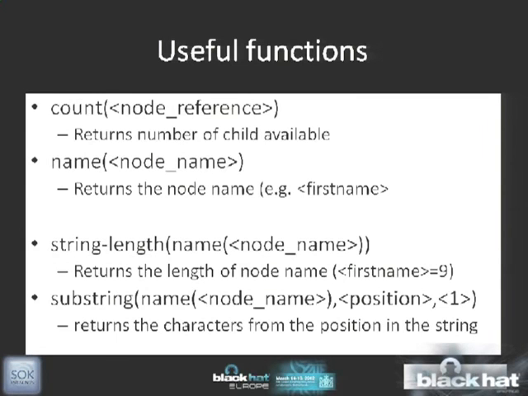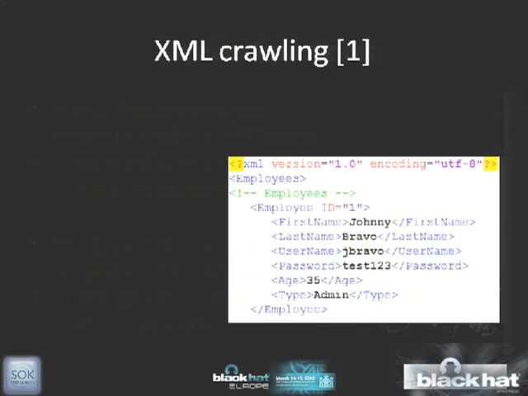And the same if you were to give the root node to the name function, it would return the name. The string-length function returns the length of a string. So you can use that in combination with the name to give you the length of the search space you need to find. And in combination with the substring function, you can use it to extract one character at a time from a string, and then you can brute force it over a search space. And if it returns true,